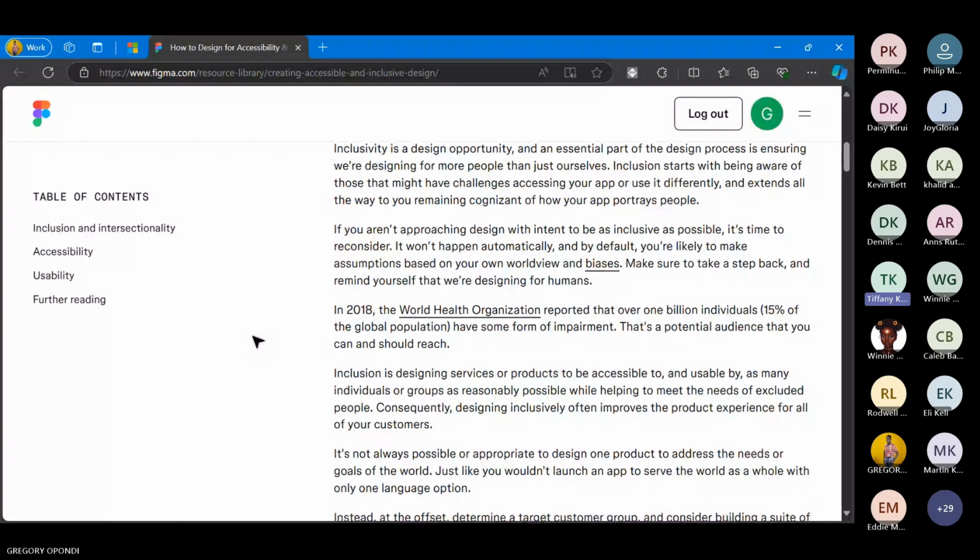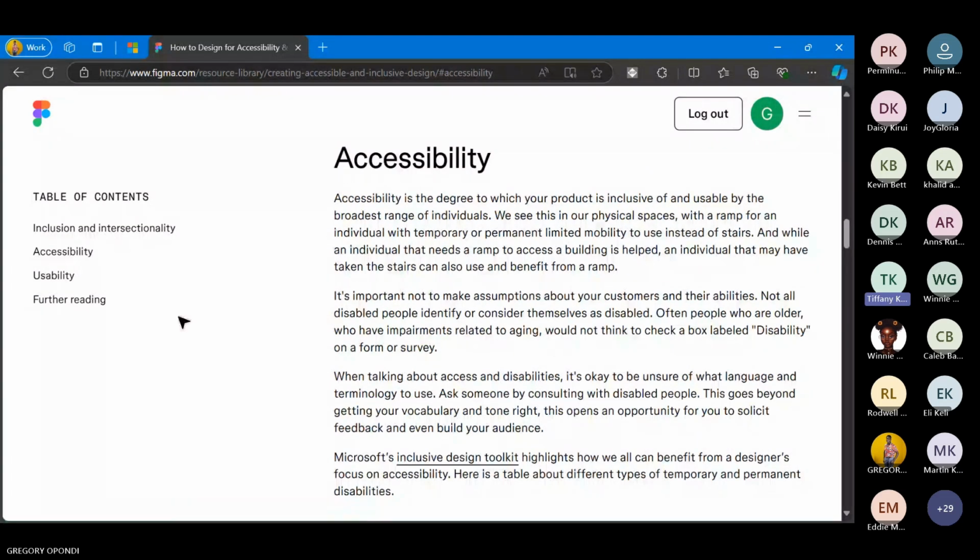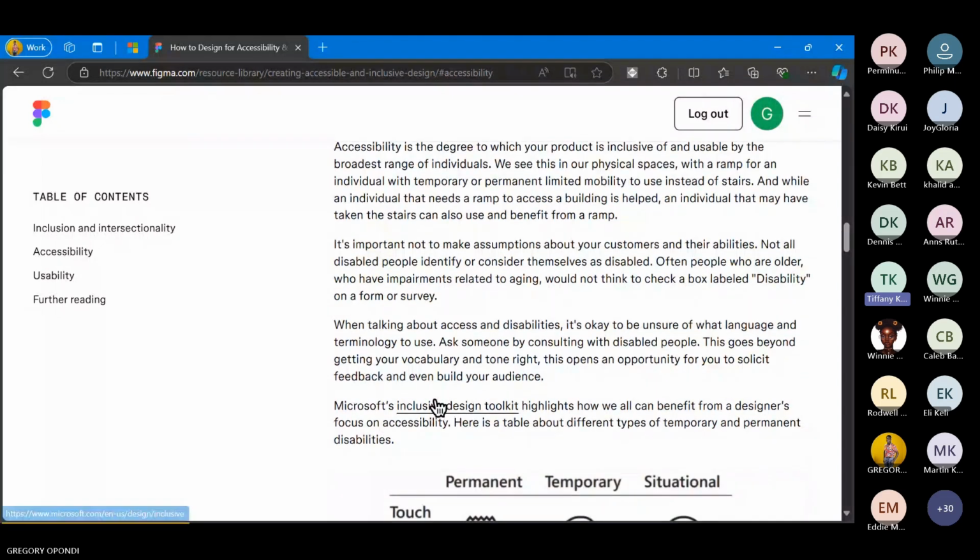Now I'll skip ahead to the different accessibility tools. A really good one is what Microsoft are doing with the inclusive design toolkit. I'd recommend you check it out. They also have a content toolkit as well. It's really good design guidelines. They spell out everything in terms of how you're supposed to communicate and also how you're supposed to implement accessible